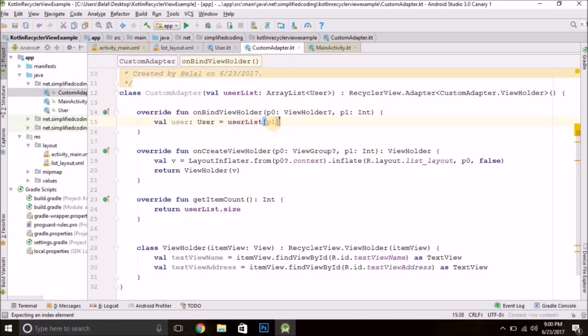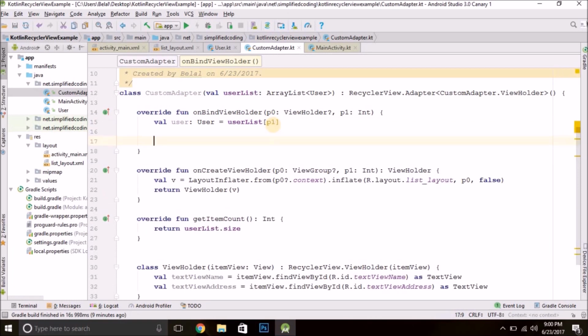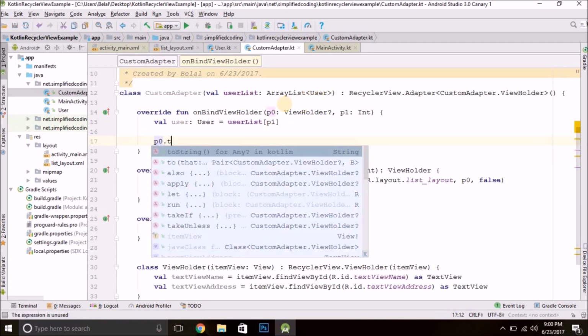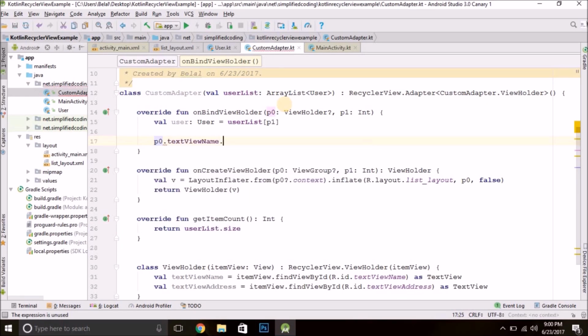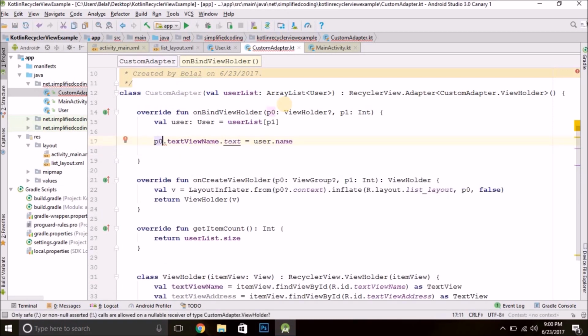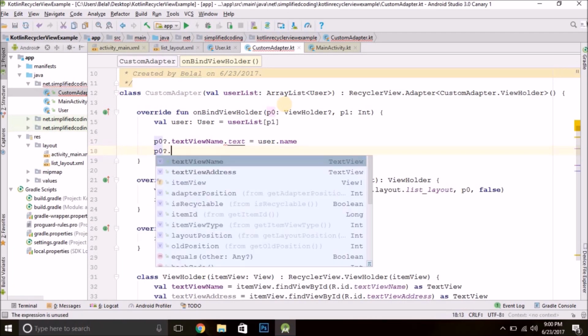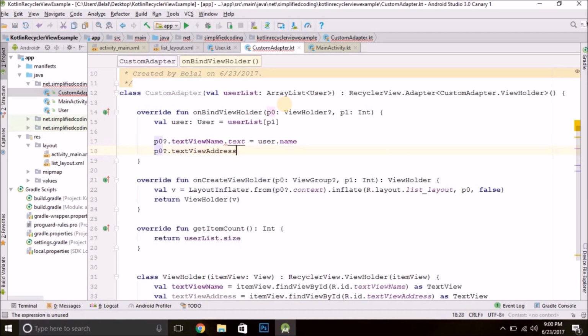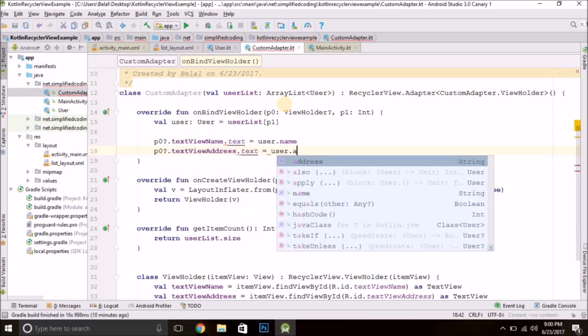So we have p1, and then we will use p0, the view holder, dot textViewName.text equals user.name, and put a question mark here to handle the null. p0.textViewAddress.text equals user.address.